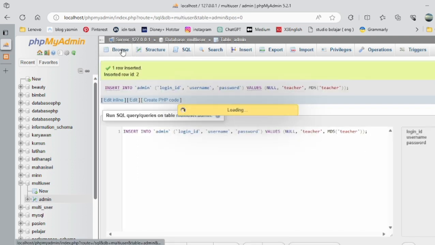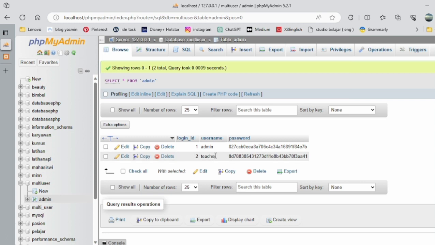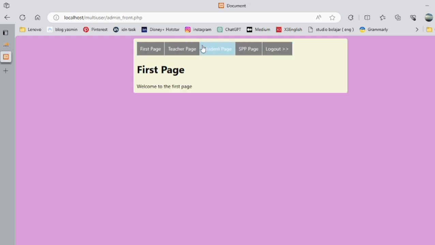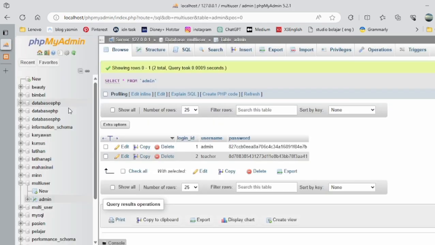Then you can see in browser, we already have the username teacher. We're gonna try teacher, log into system, and it will show up all of them. And our plan, we're gonna just show the teacher page, not the student page and SPP page. So we're gonna make the other table. We make new,